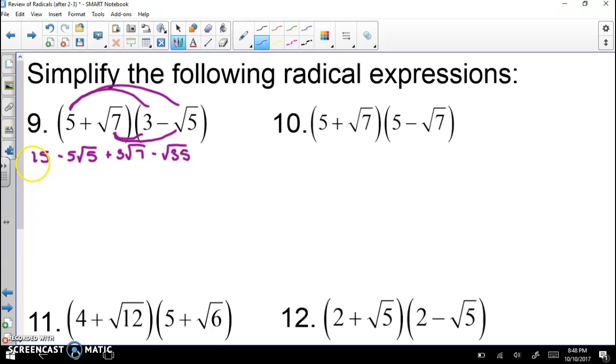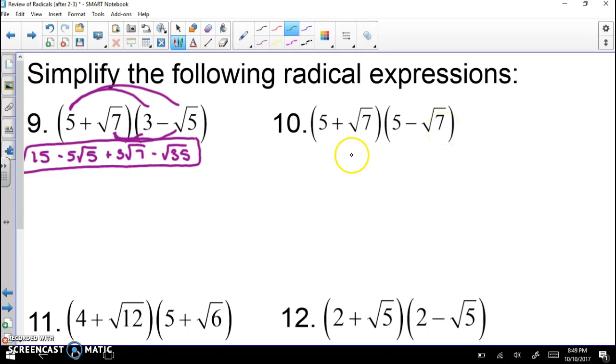So 15 doesn't have a radical, so that can't simplify. The second term has the square root of 5. Square root of 5 can't simplify. Square root of 7 can't simplify. And the square root of 35 only has factors of 1 and itself, and 7 times 5. No pairs. So this is one of those situations where once we FOIL, we can't combine any like terms, nothing simplifies, but we can leave that as our final answer. Always make sure your radicals are completely simplified and all like radicals are combined. If we look at example 10 now, we're taking 5 plus the square root of 7 multiplied by 5